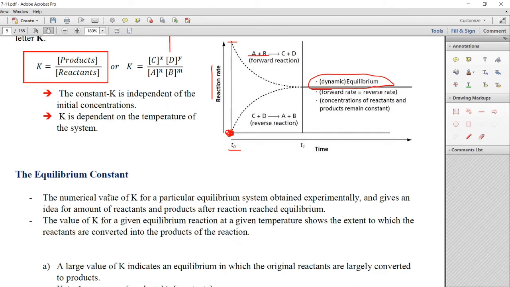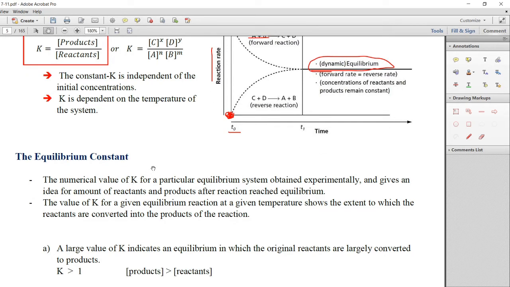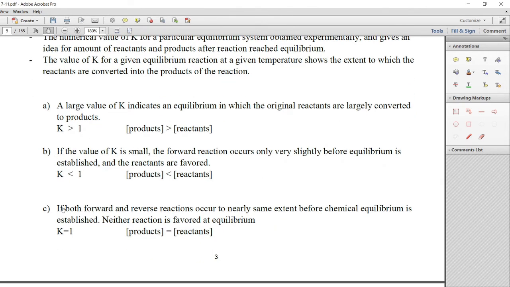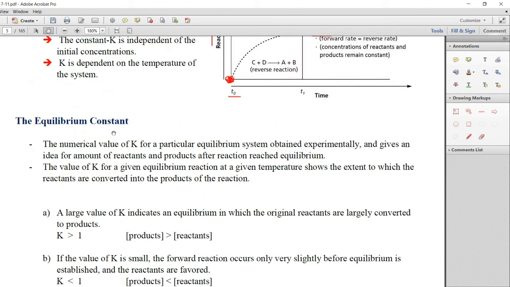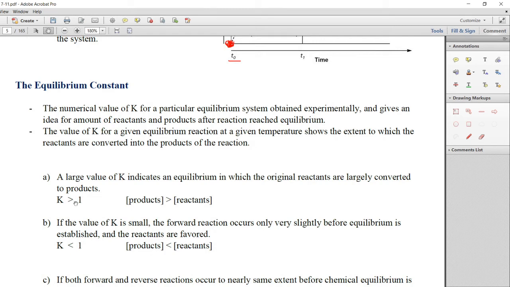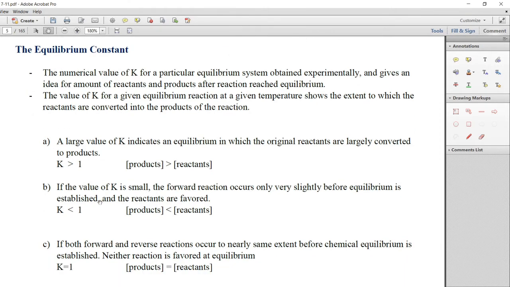All right. So we talked about the value. Which values do we have for the equilibrium constant? There are three values, A, B, and C. If we found out by the concentration of products and reactants that K is bigger than 1, then, as you can see from the expression, products on top are directly proportional with K, reactants in the bottom are inversely proportional with K. So if a higher value of K is present, it means that more products are present at equilibrium in that reaction. But if K is smaller than 1,